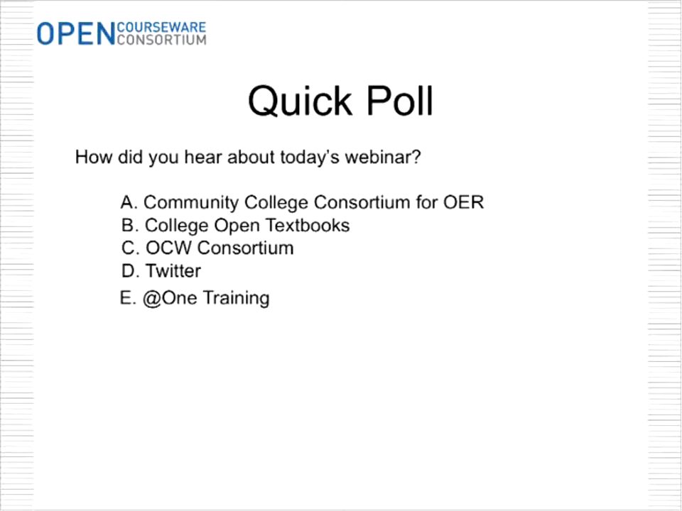Thanks for sharing that. One other quick question I wanted to ask folks was, how did you hear about today's webinar? This helps us with our efforts for outreach to know what's the most effective way. You can answer that by clicking in your participants window at the bottom right. You'll see A, B, C, D, E, and it allows you to answer this question, A being Community College Consortium for Open Educational Resources, B being the College Open Textbooks website, C being OCW Consortium, D, did you hear about it over Twitter, or E, through the @ONE training site,